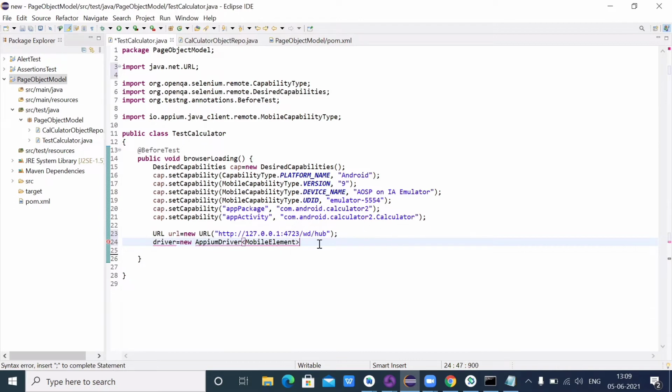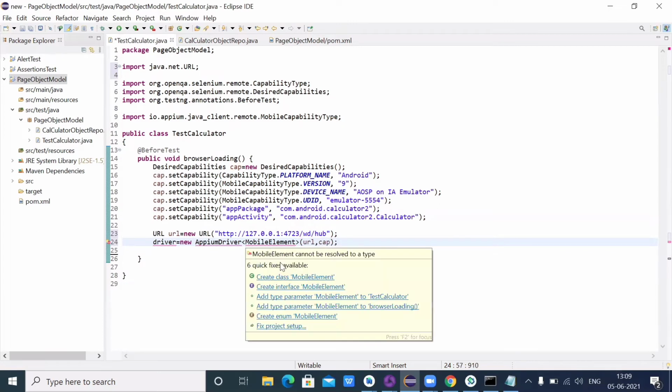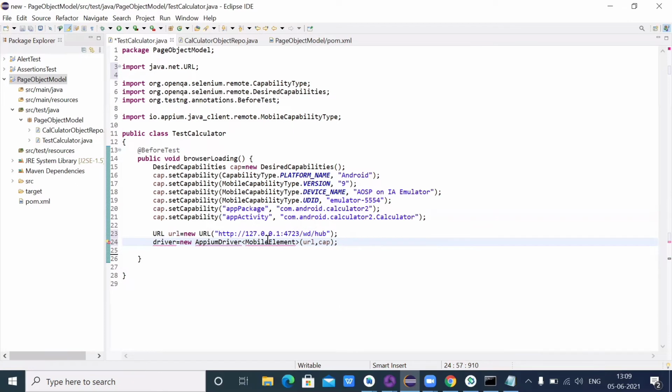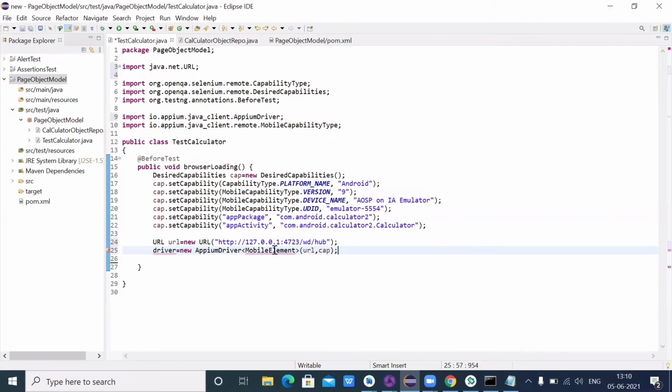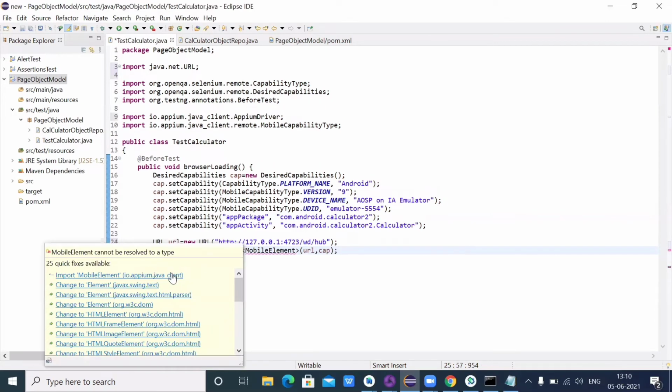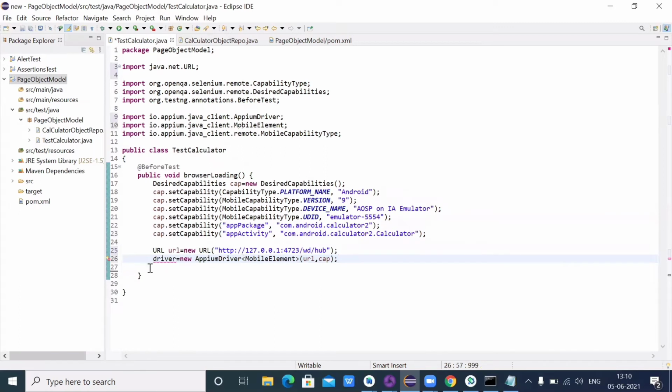Okay, and here I will pass the URL and then the capabilities which I passed earlier. Now I want to import this one, MobileElement, AppiumDriver. Okay, I will add that one.